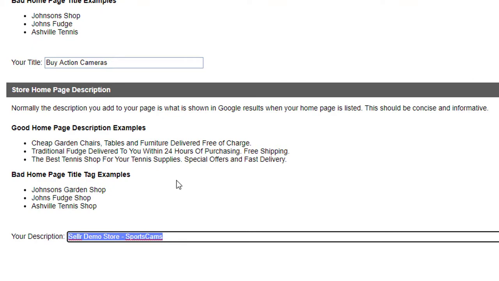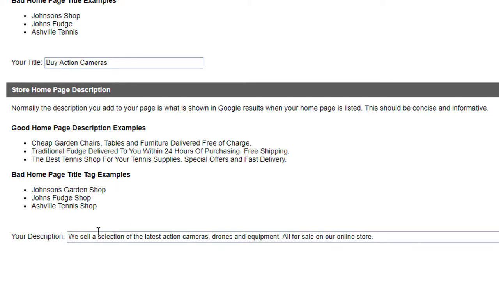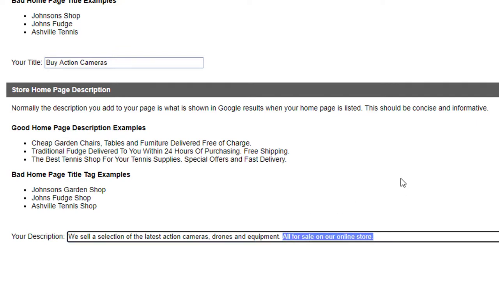And of course, once you make these changes, it doesn't instantly change on Google. It takes a while. It takes days for Google to pick it up. But we're just going to change this now. So let's say we sell a selection of the latest action cameras, drones, and equipment, all for sale on our online store. Actually, that's rubbish. No one's going to be interested in that. So we'll put